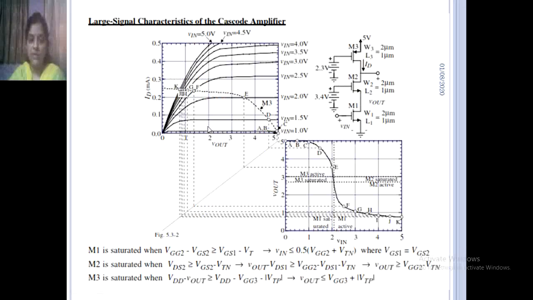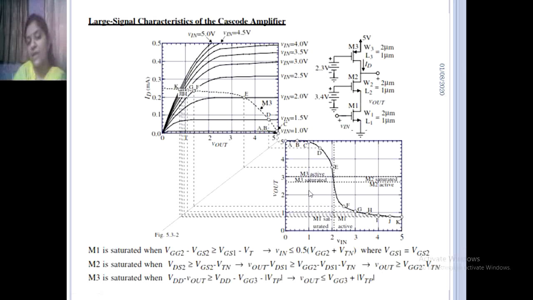Then we are going to take the projection of this graph, that is Vout versus Vin. Suppose at 0 Vout, what is the Vin? That Vin value is nothing but the high one. If we plot it like that and look at the middle portion, we will get the idea of which mode the transistor is in.